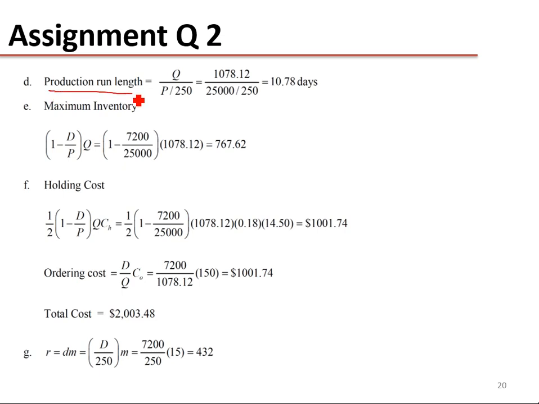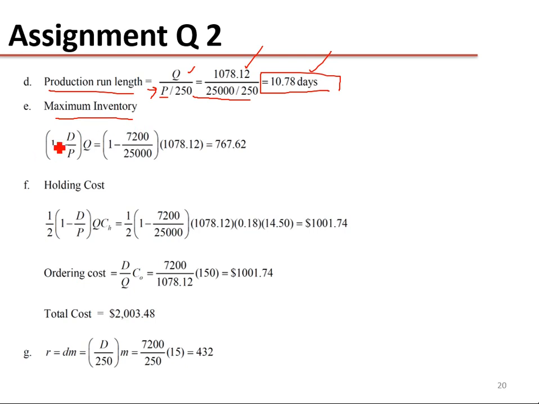And then you have the production run length over there. So this is the Q, this is the optimum value. You already get the number of units over there, the optimum value, and this is the production capacity. And for this much capacity, for how many days is it going to run? 250 days. So you have the total 10.78 days. Within this you are going to get the required production over there. That is the maximum inventory.